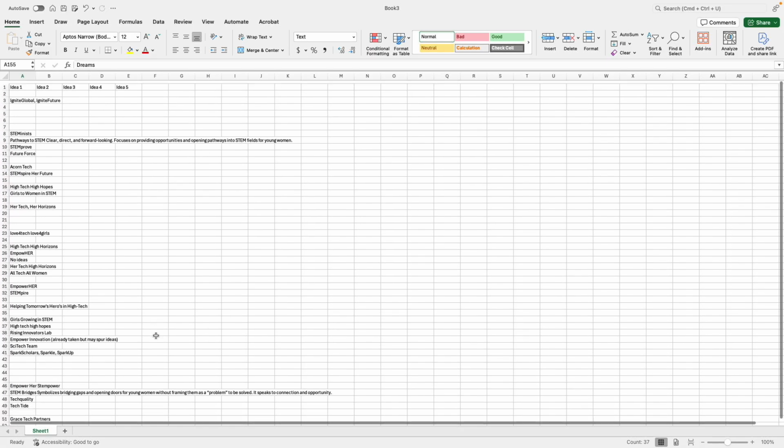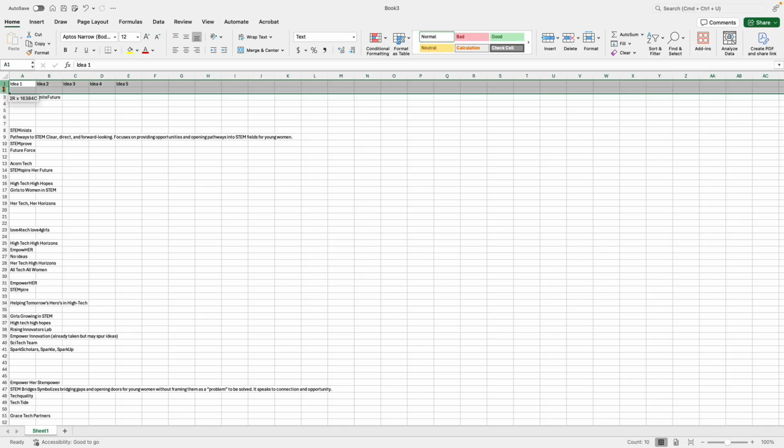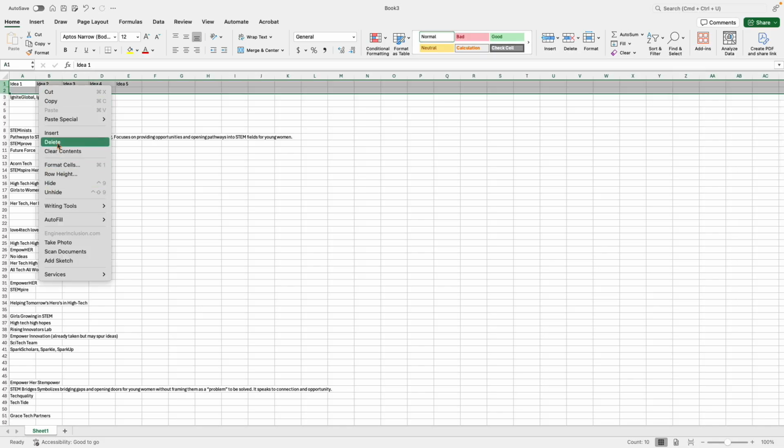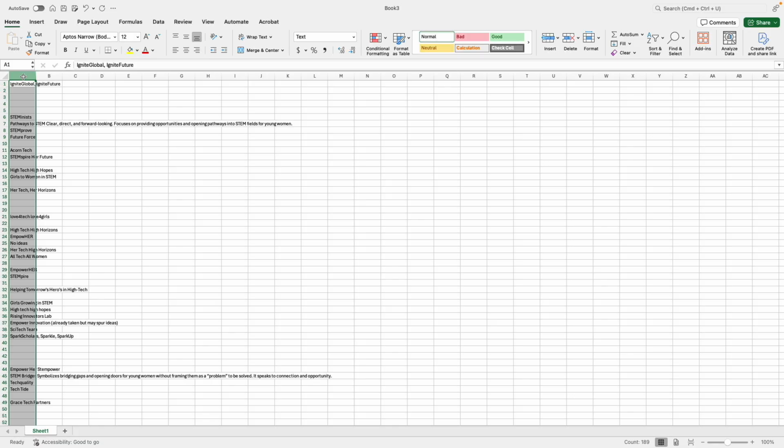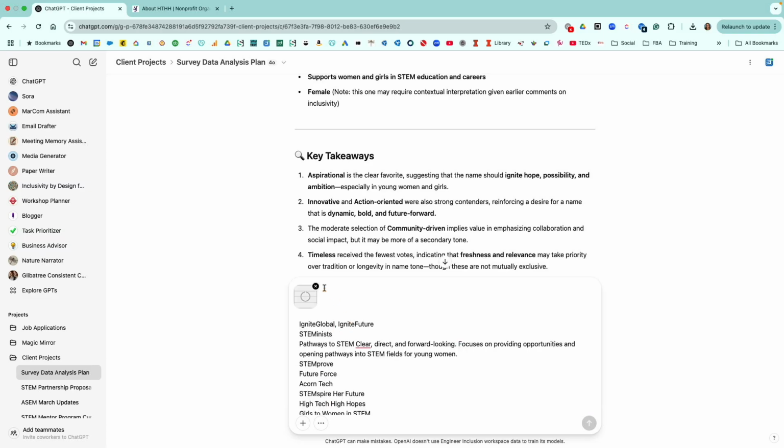Now there's a lot of blanks in there, and that's okay. Delete. So even though there's a lot of blanks, it won't copy those into the field here. So now I'm going to paste all of that in there. I'm going to delete this, and I'm going to